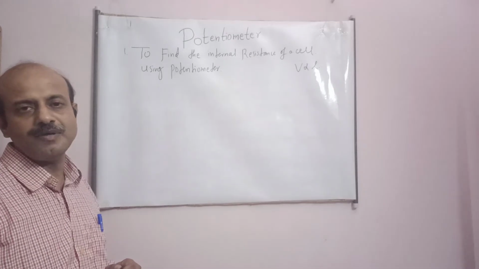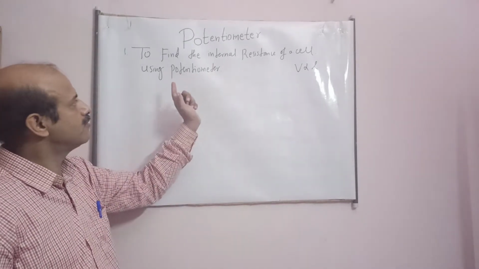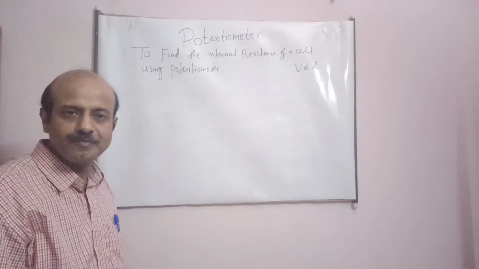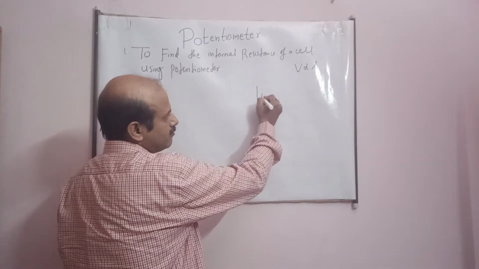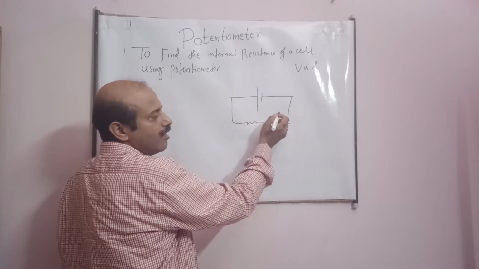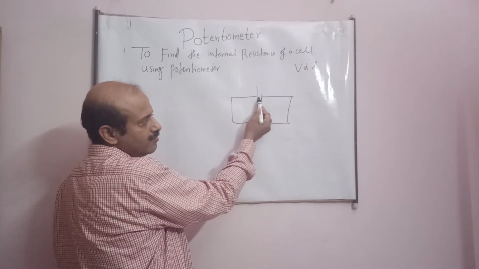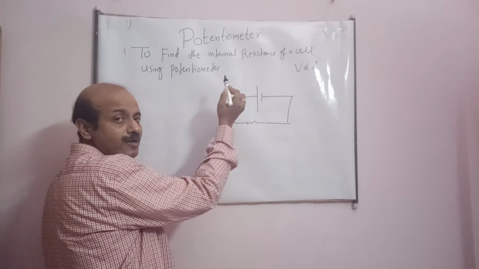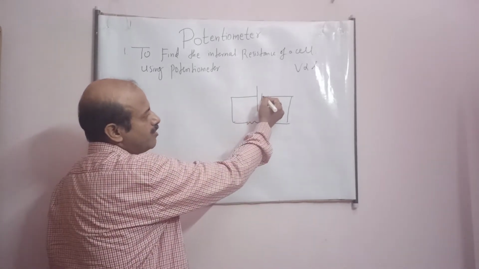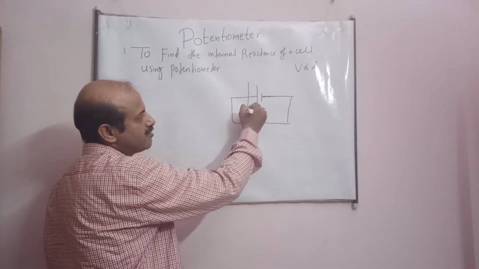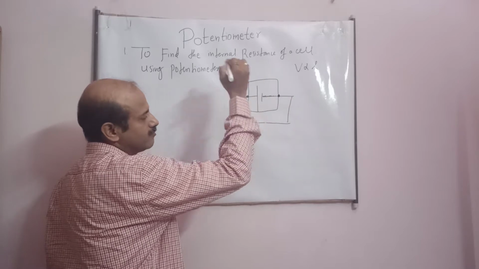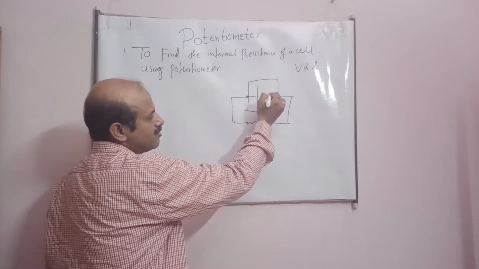In this class, I will discuss, student, how to calculate internal resistance of a cell using potentiometer. How does this internal resistance of the cell come into play, student? Do you remember it? Inside the cell there is a liquid, student, electrolyte, and as the ions are crossing inside this cell, they collide with the electrolyte. That offers a resistance, and that is internal resistance. So generally, this cell is shown by a small resistance like this, and this is inside, student. You cannot see this part. We can see only this part, student. This is internal resistance, student.